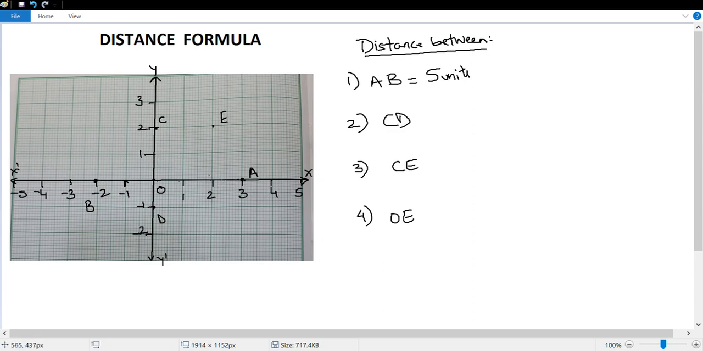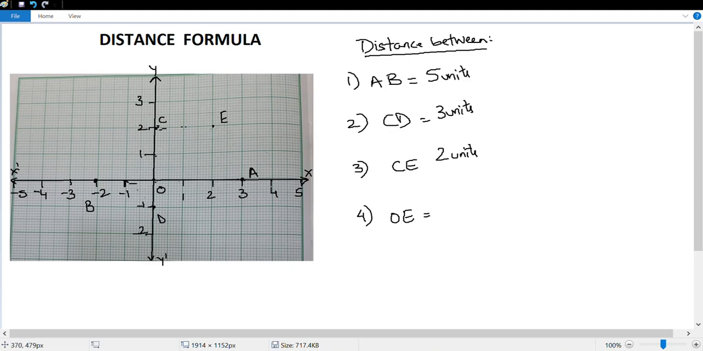Next, the distance between C and D. C is on the y-axis, D is also on the y-axis. This is 1 unit, 2 units and 3 units because this is 3 units. CE. CE is also on a straight line and it is 1 unit and 2 units. Perfect. Now all these were straight lines which were along one of the lines marked on the